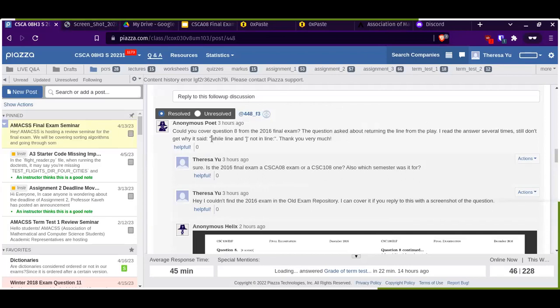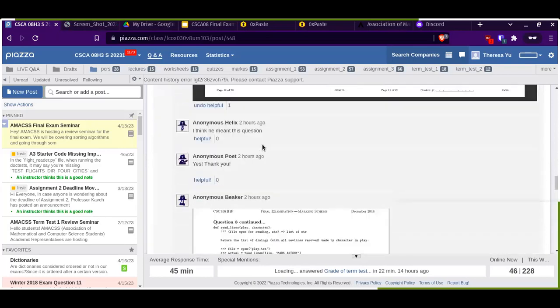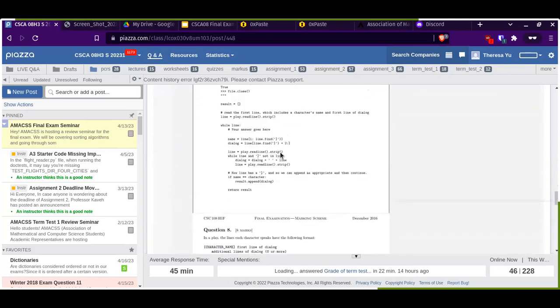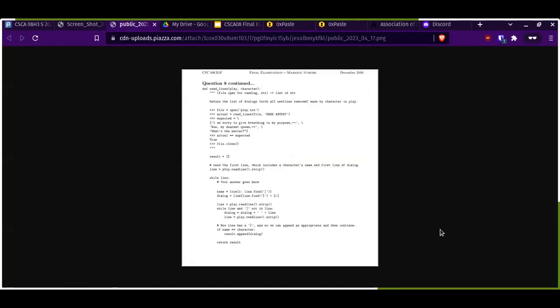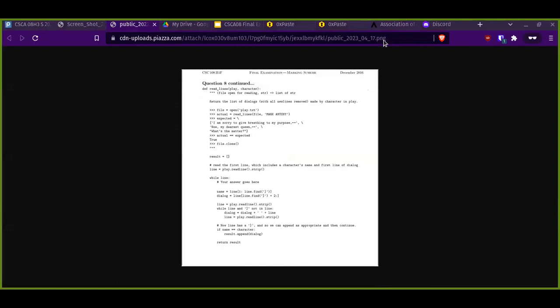And he said he doesn't understand why the line and this square bracket character not in line is in the solution. So I'm gonna go through the solution really quickly. I'm not sure if you guys can see the solution properly because I can't zoom in any further using my browser